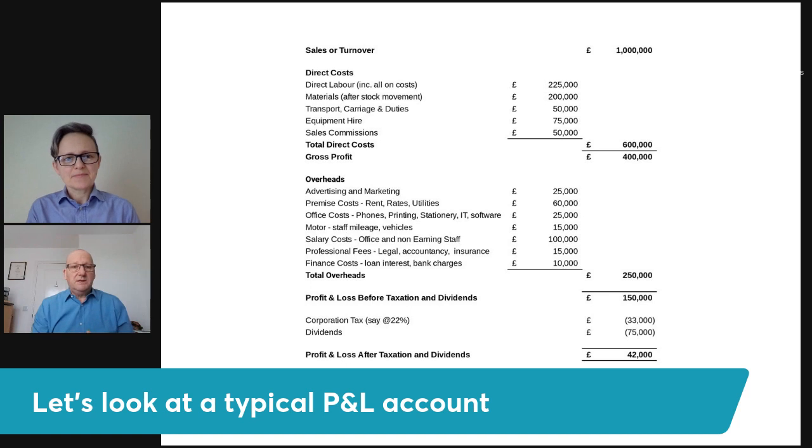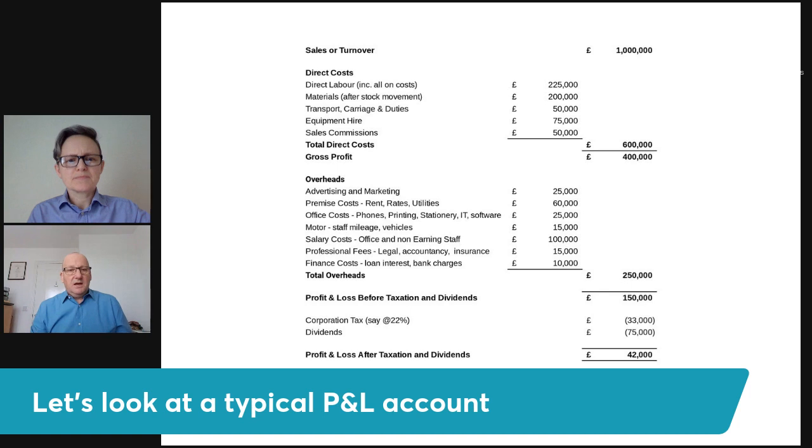Premises costs, rent, rates, utilities, your office costs, motor. For motor, I just include the staff there, the salaries that are below that. And those salaries are usually administration, salespeople, management, etc. Then we've got professional fees,